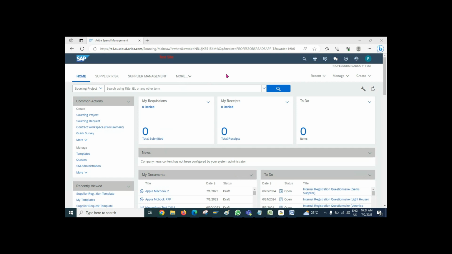I don't have to go into very basic detail in this case, because I believe you are already aware of the basics of the procurement process. So let's talk about SAP Ariba first. What is SAP Ariba? And the most important question is, why do we have to go with SAP Ariba?